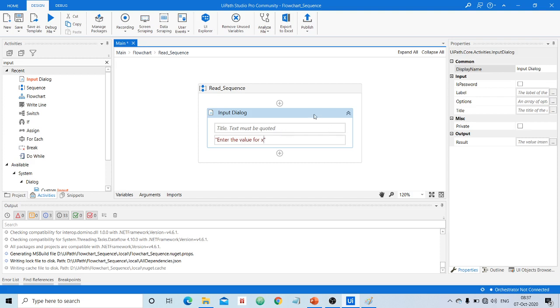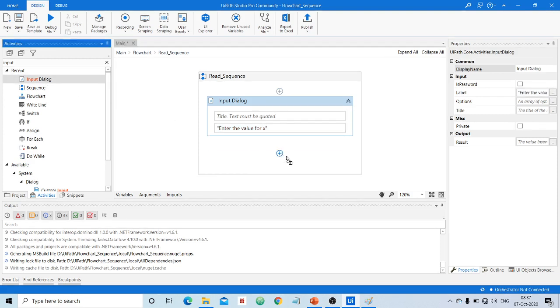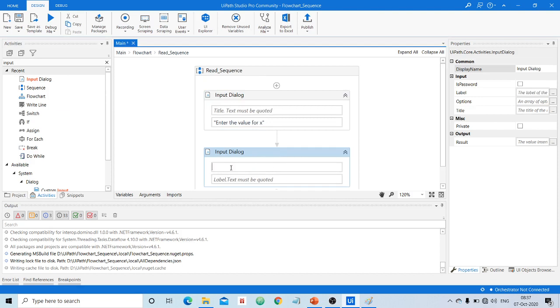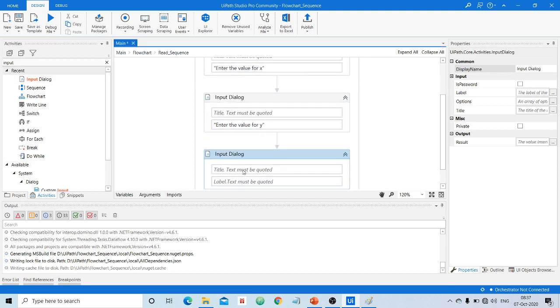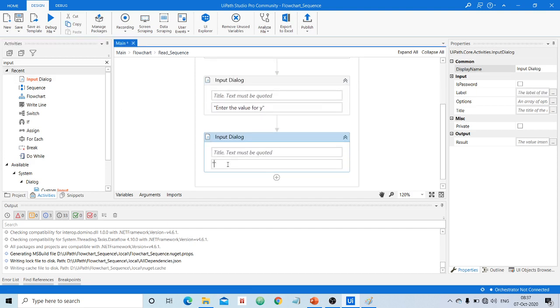Then it has to ask the user to enter the value for y, and then to enter the value for z.